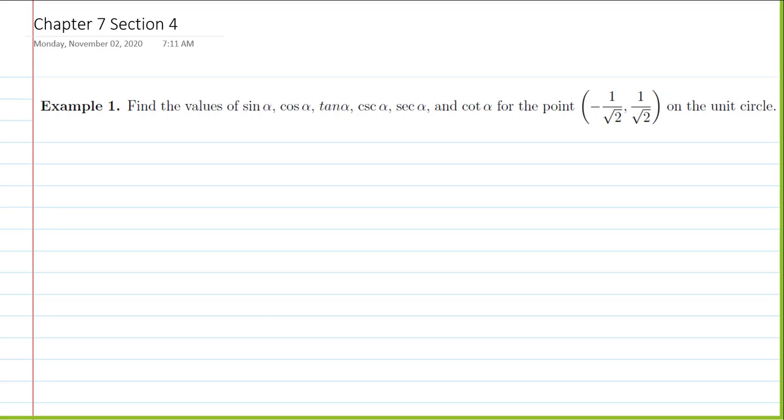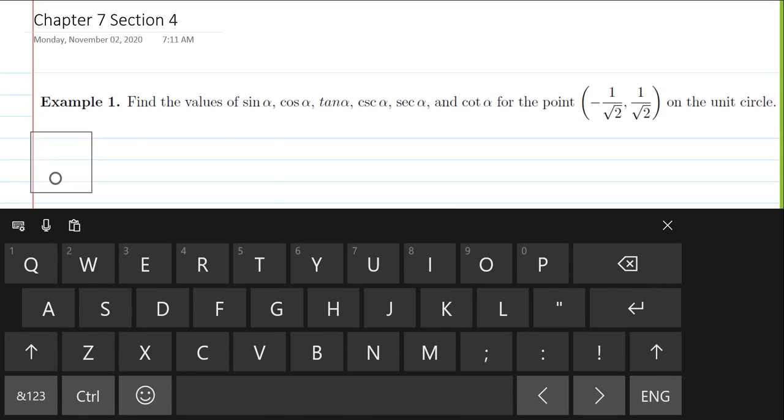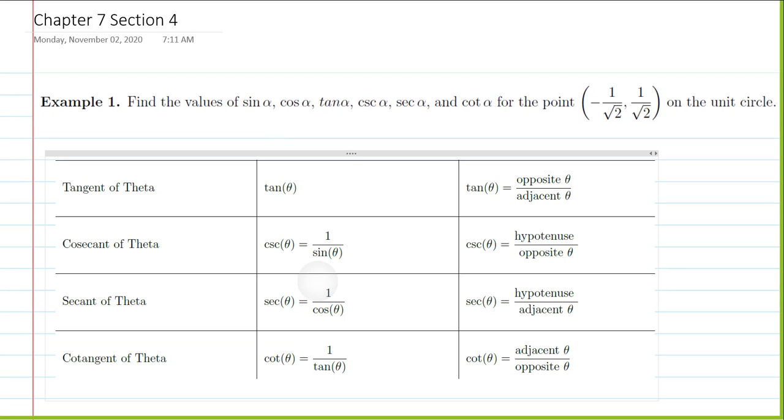So in 7.4, we want to find the value of some of our other trigonometric functions. So we want to find the values of sine alpha, cosine alpha, tangent alpha, cosecant alpha, secant alpha, and cotangent alpha for the point -1 over the square root of 2 and 1 over the square root of 2 on the unit circle. So to remind us, first of all, here's our definitions of the